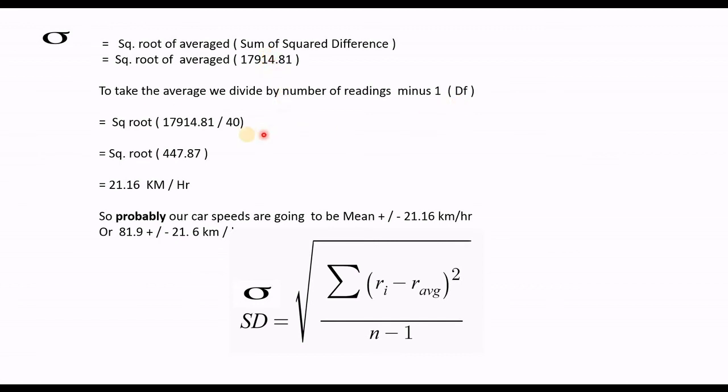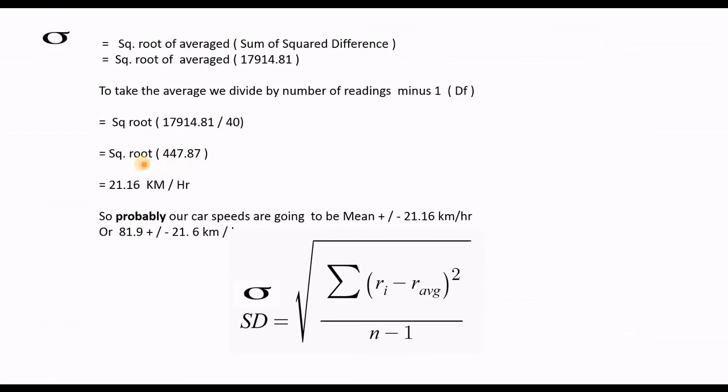Anyway, if the number of cars becomes too much, for example 100, 200, 1000, then minus 1 becomes insignificant because there is not much difference between, for example, 999 and 1000. So just consider in your mind that we are averaging this figure by dividing by the number of cars. Later on, I will tell you why we do minus 1, because we have to divide by degrees of freedom. So we are averaging, and when we divide this, we get